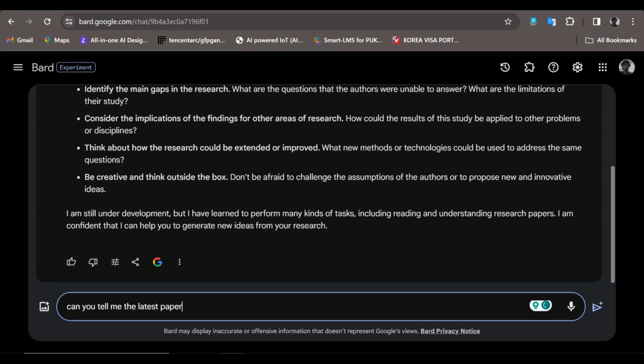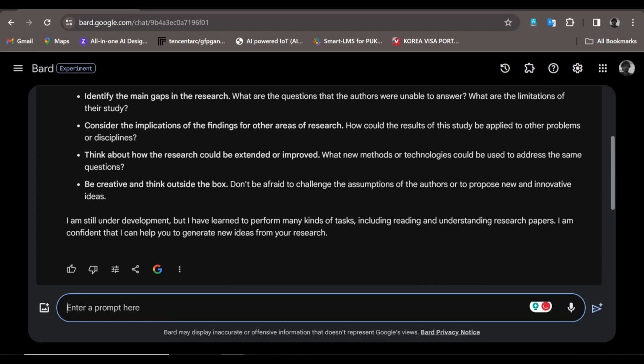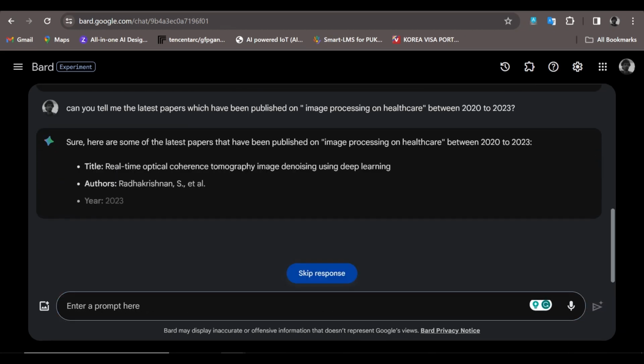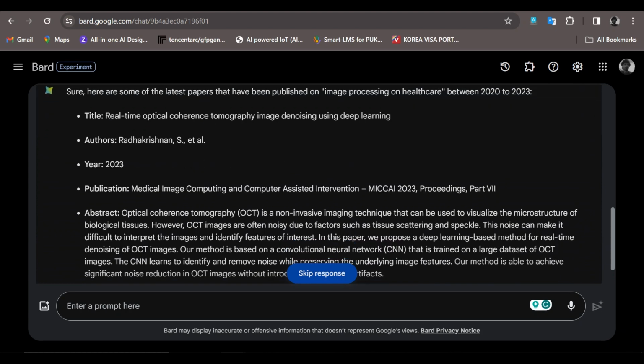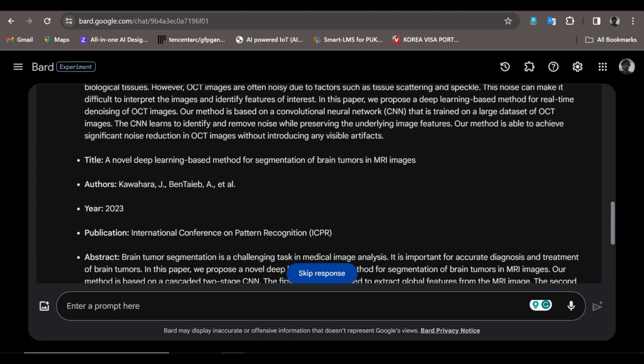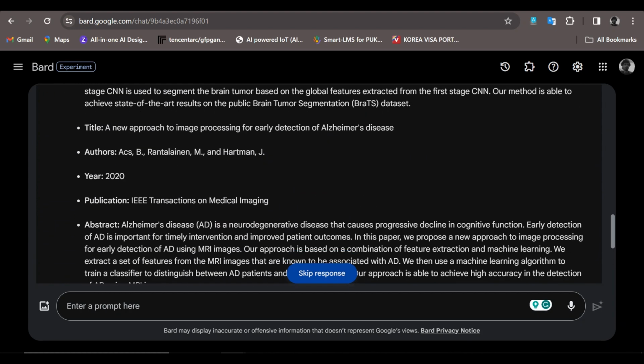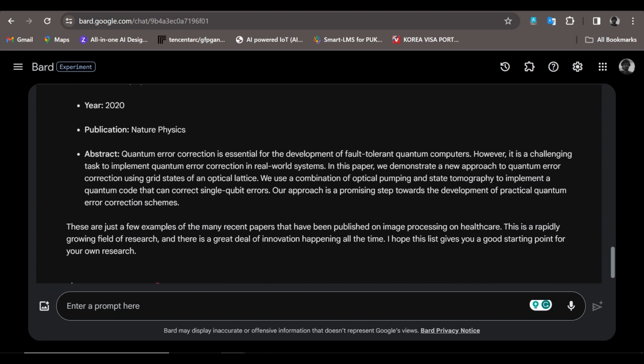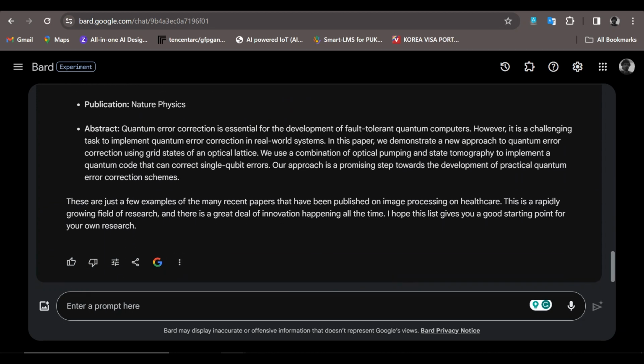For example, I want Bard to find the most recent papers on a particular topic. Let's say I write image processing for healthcare. Now, here you see the most recent papers that have been published on Google Scholar. It gave me that. And if I want its source links, for example, I want the